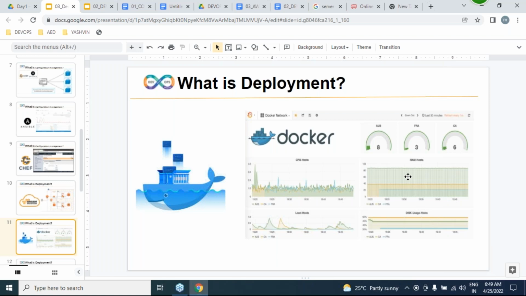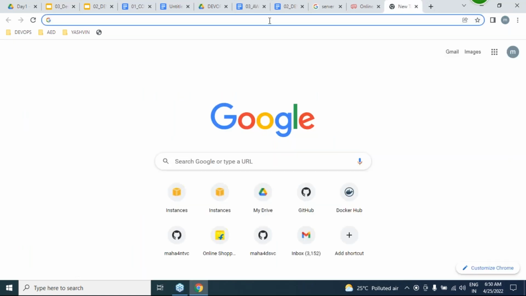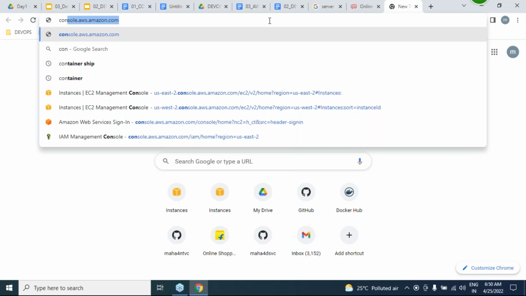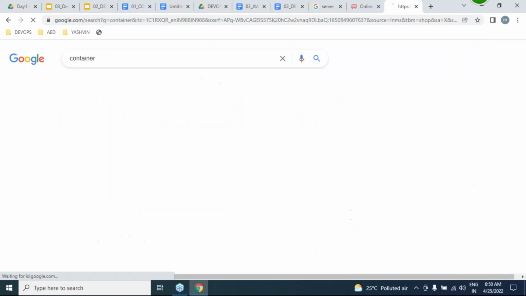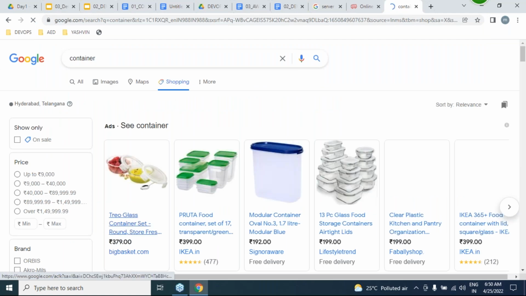If anybody asks you, what is Docker? Docker is best for deploying our application. Please answer this. Anybody? So how exactly do Docker containers work? Just like a normal container. Just like the normal containers we see outside, the same way.